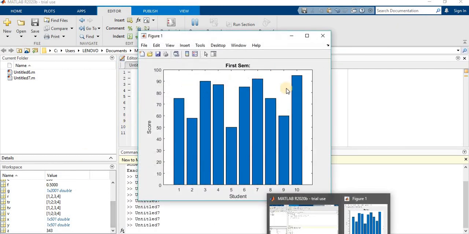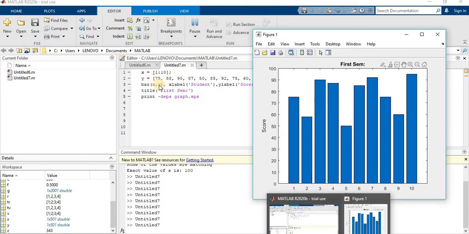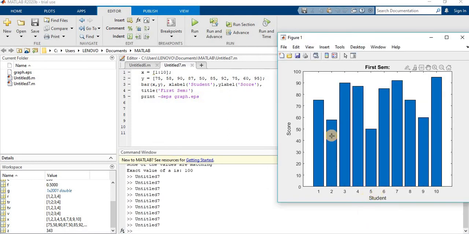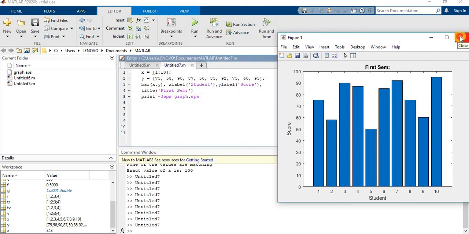See here, we can get the bar graph. Here x-axis name is student, y-axis name is score, and the title is first. In this way, we can display the bar charts or bar graphs in the MATLAB software.